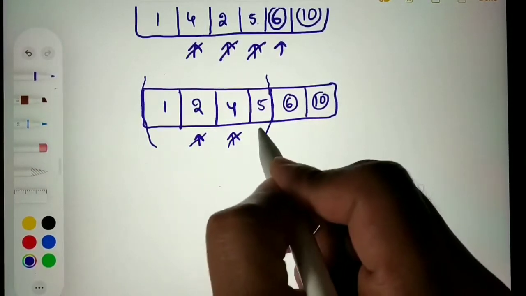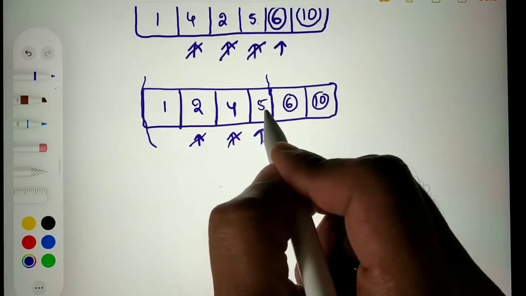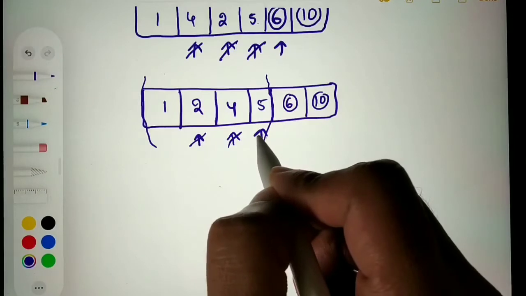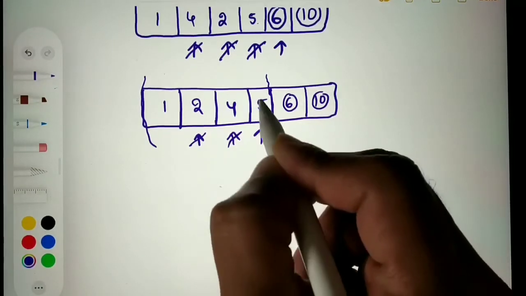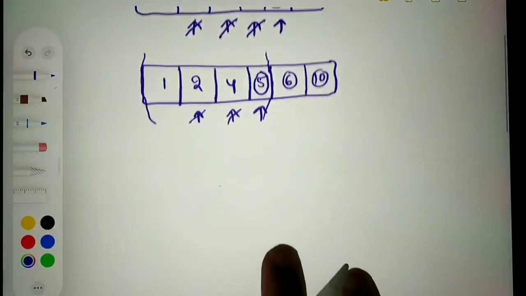I will move on to the next element. 4 is smaller than 5. So we don't need to do anything. And we will stop here and I will move on to the next pass. We are done with 5. 5 is in its right position.